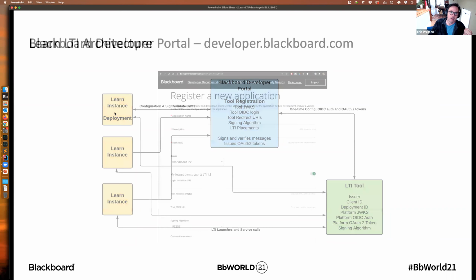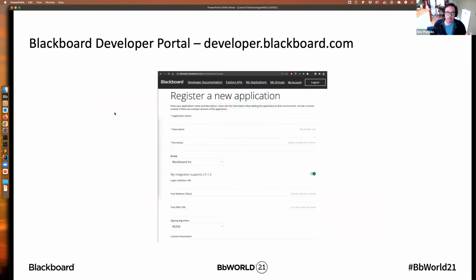So when we look at the UI real quickly, you go to our central service, developer.blackboard.com, you enter the information that the platform needs, and including a name and a description, which we require, but you need the login initiation URL, tool redirect URL, JWKS URL, and the signing algorithm. So those are the four pieces that I had in that